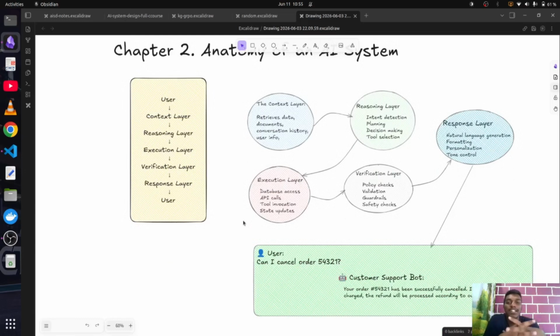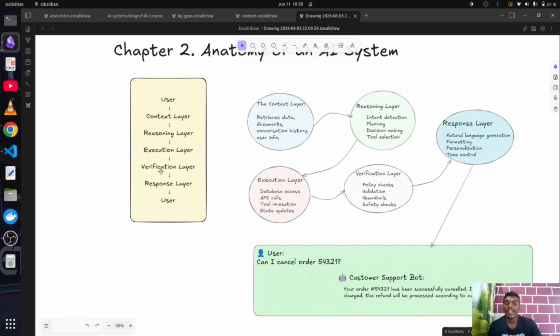So basically any AI system is going to consist of these 5 particular layers. The layers are: context layer, reasoning layer, execution layer, verification layer, and response layer. When I say these 5 layers, it doesn't necessarily have to be all 5 in one combo.